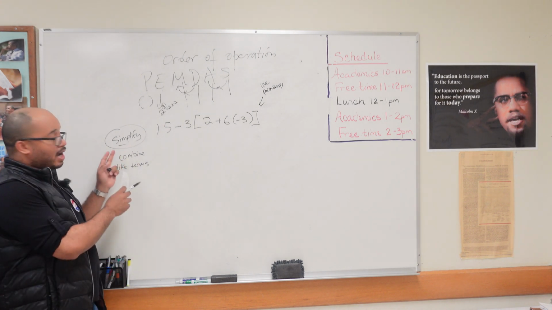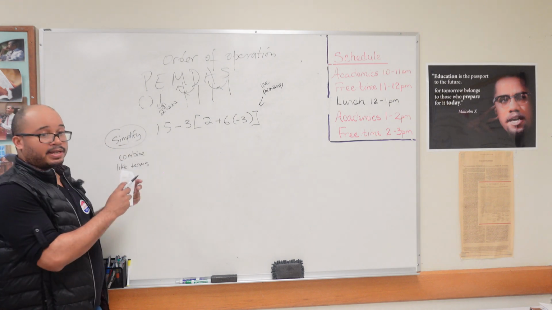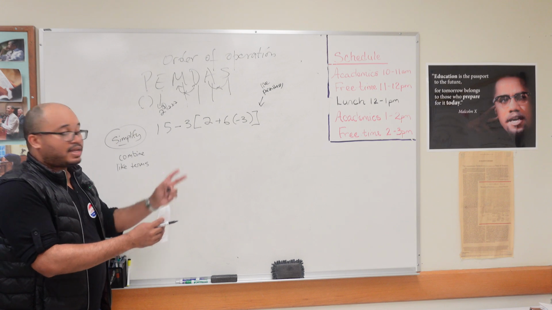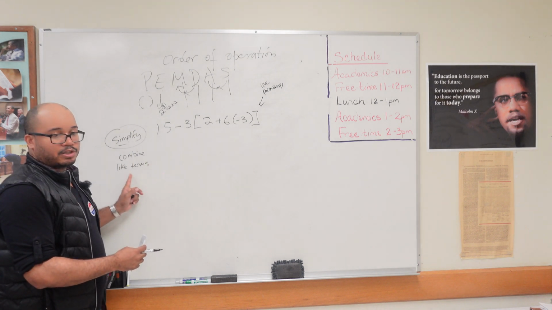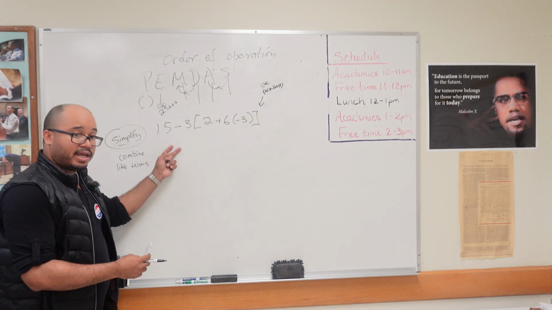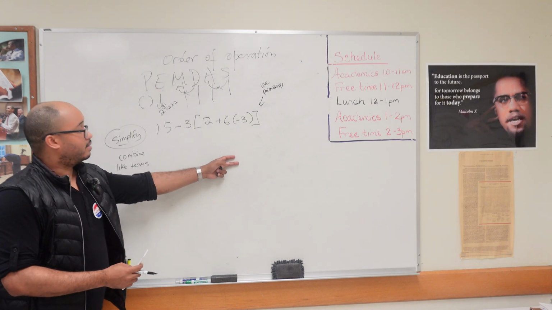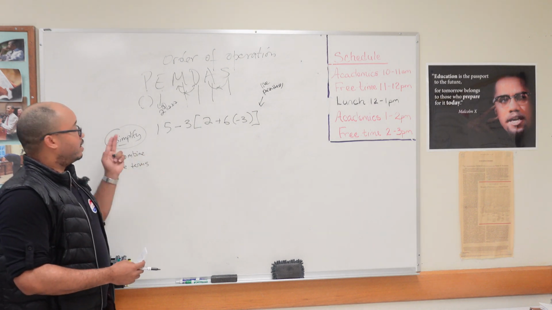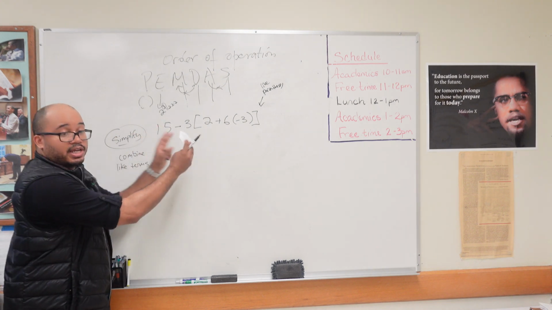That's why it's important. I want people to understand when they say simplify, they mean put the things together, but don't just put everything together. You have to put the things that are like terms. If there's an a, put it with another a. If there's a b, put it with another b. But these are all numbers that can all be joined together. If they say simplify, find a way that you can put them together.